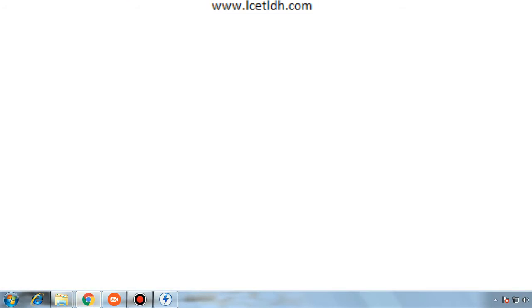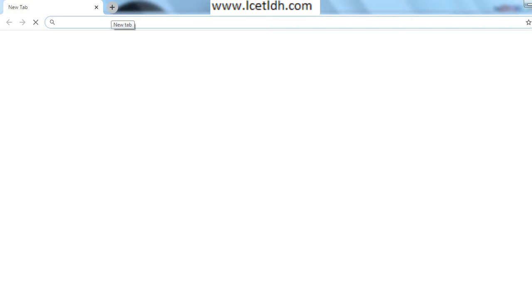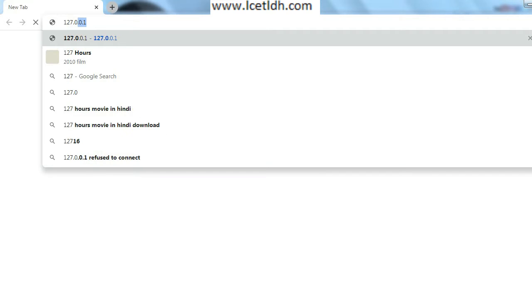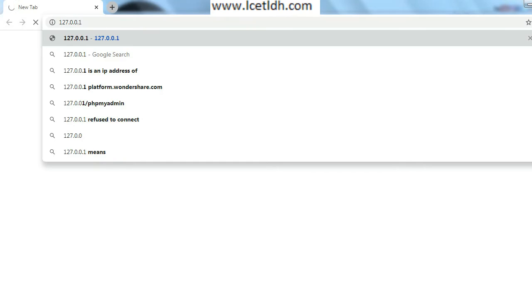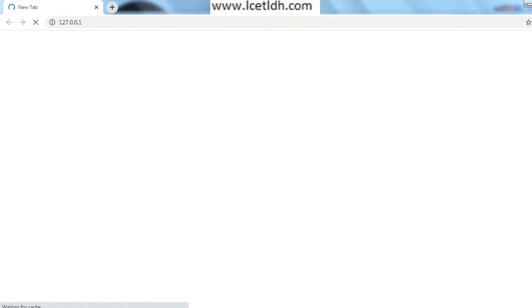For that, you have to go to Google Chrome. After going to Google Chrome, you need to type 127.0.0.1 and press enter. As you press enter, if any error message comes, that would mean that IIS is not installed onto your system.